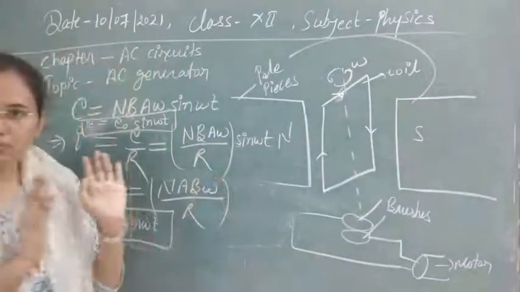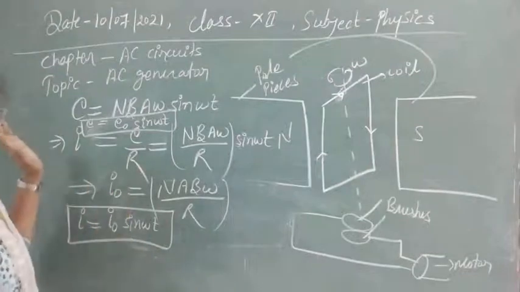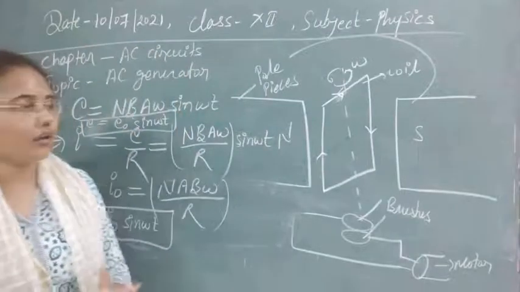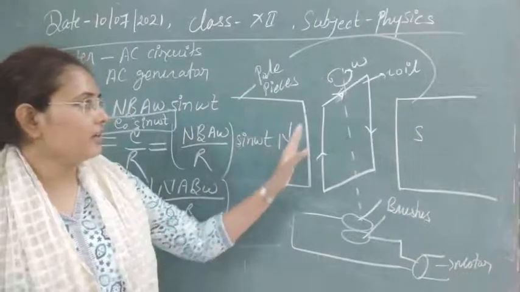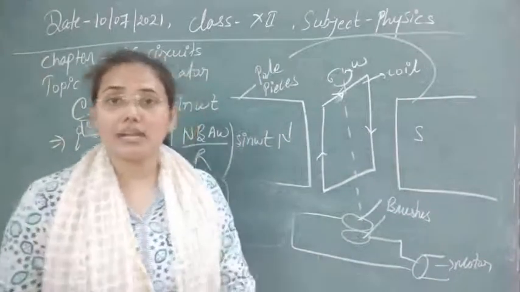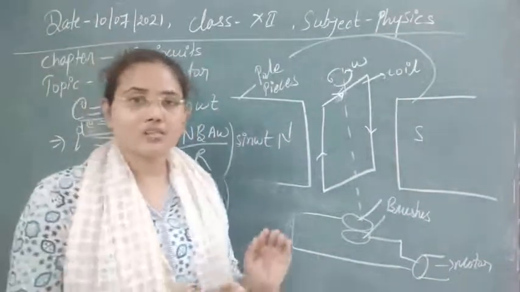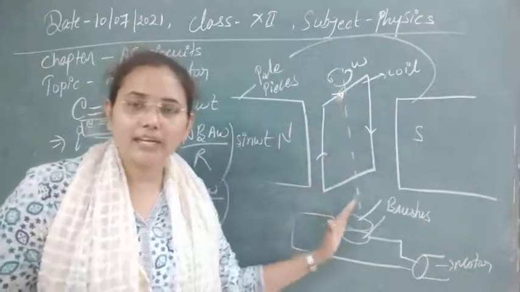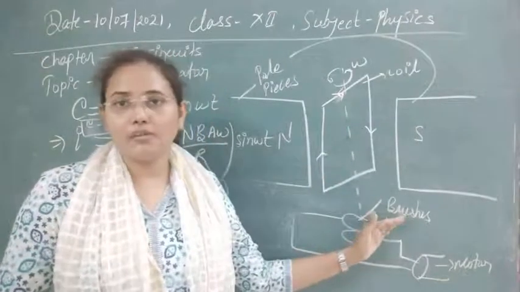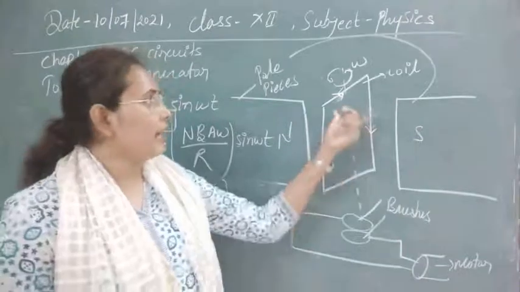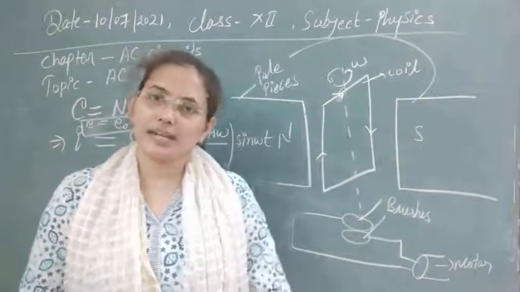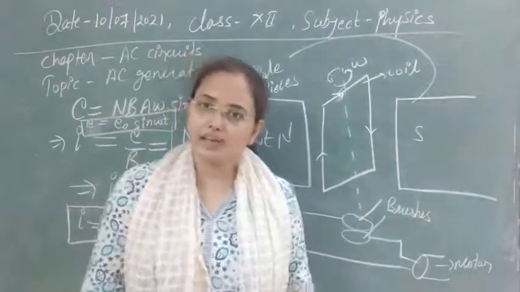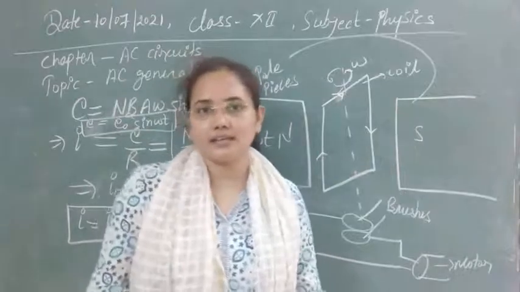So here, students, the construction, working, theory, formula, and principle, all these things we have discussed up to now. Again, if I summarize it in one word, we are using two pole pieces and producing an electromagnetic field due to this. In this external magnetic field, we are putting a coil that has area A and number of turns, and we rotate it by using rotating motors or rotating shafts. Due to the rotation, the magnetic flux is changing, and that's why induced EMF and current are produced here. So, clear, I think electricity is generated now in our AC, that's why it is called an AC generator.